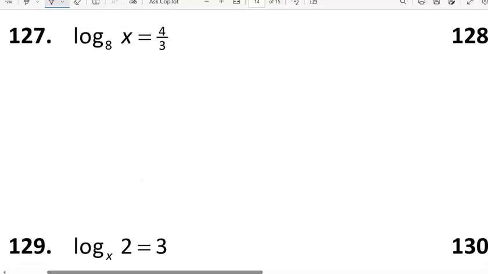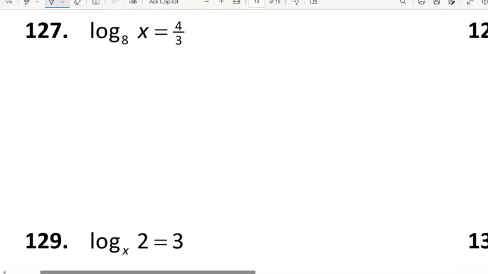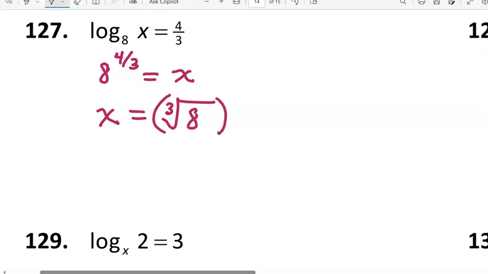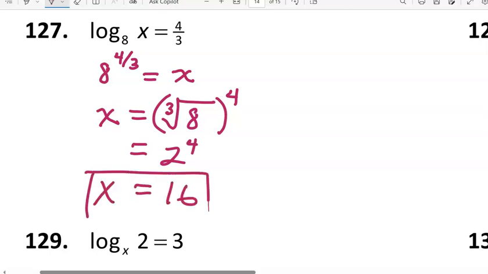In 127 we can rewrite in exponential form as well. Our base is 8, the logarithm equals an exponent, so 4/3 is the exponent, and that equals x. So in doing that, we've solved for x. We just need to simplify the solution. So 8 raised to the 4/3 power is equivalent to the cube root of 8 raised to the 4th power. So the cube root of 8 is 2, raised to the 4th power is 16,